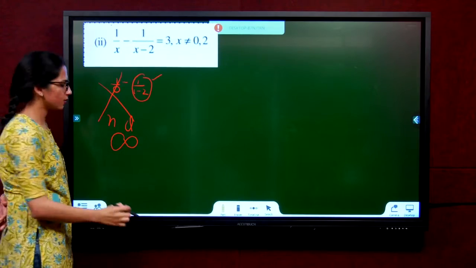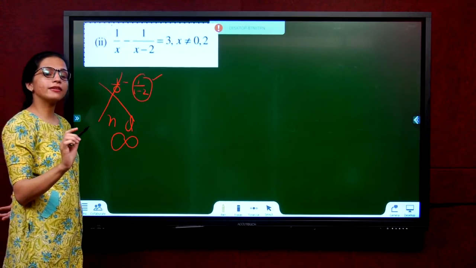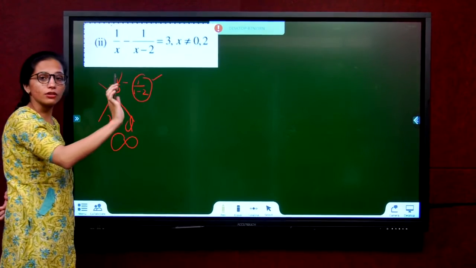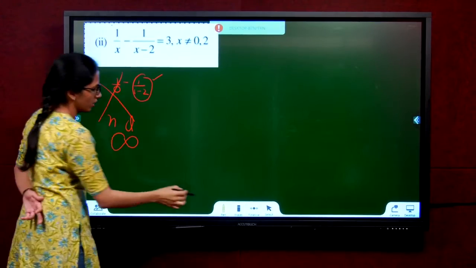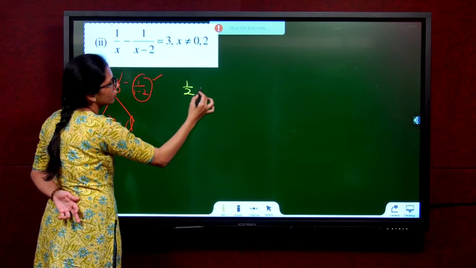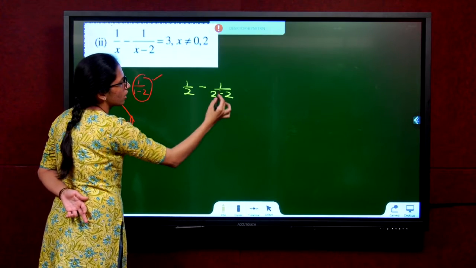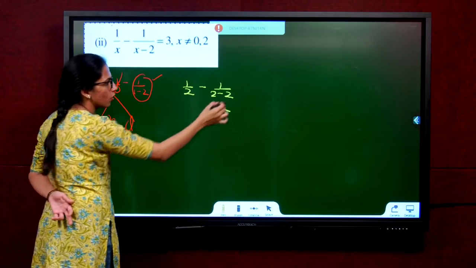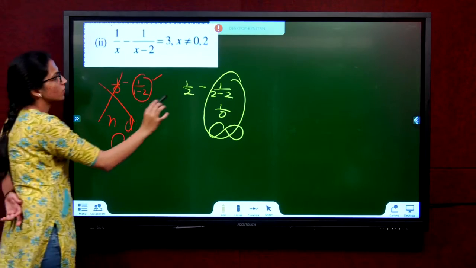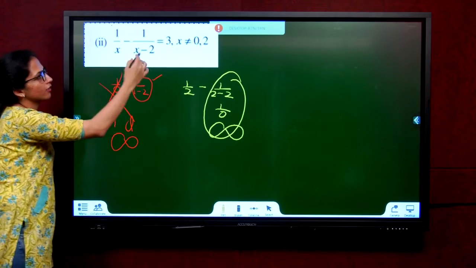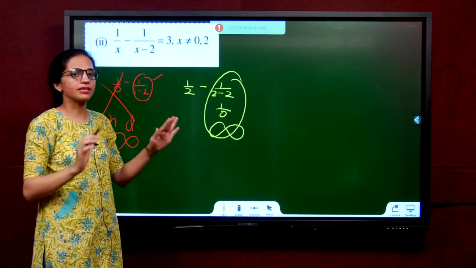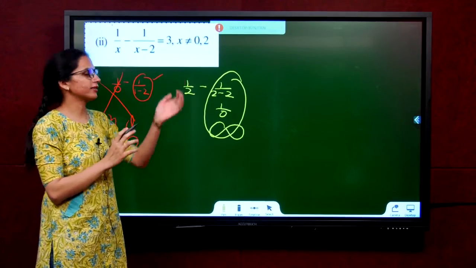Such cases should be avoided, which is why in the question they are telling you get whatever value you want for x, but x is not equal to 0. For sure it is not equal to 0. Similarly, x is not equal to 2. 1 by 2 minus 2, 2 minus 2 is 0. Again this will become infinity, not allowed. Which is why in the question they give you such conditions. You do not have to worry about the conditions in your problem. We do not use them. This is just to understand why they gave this condition.